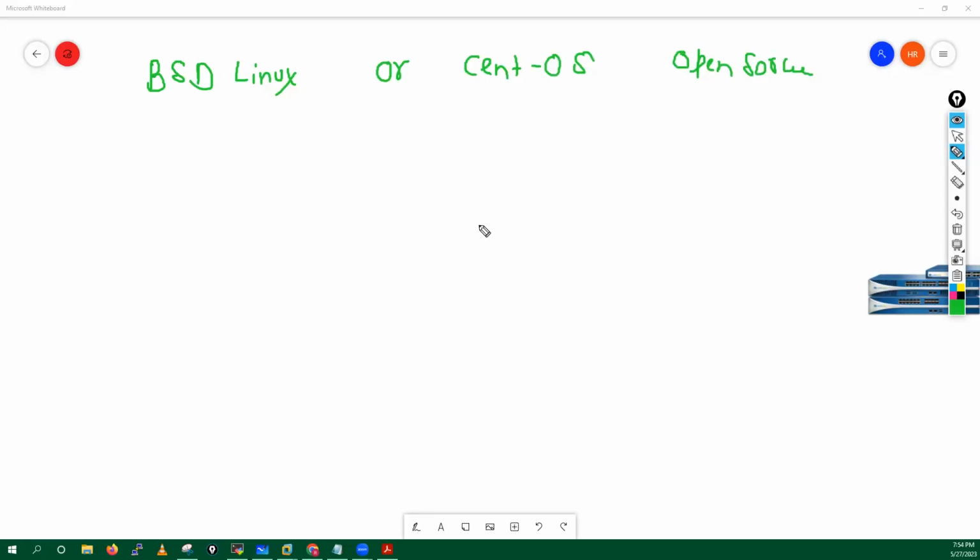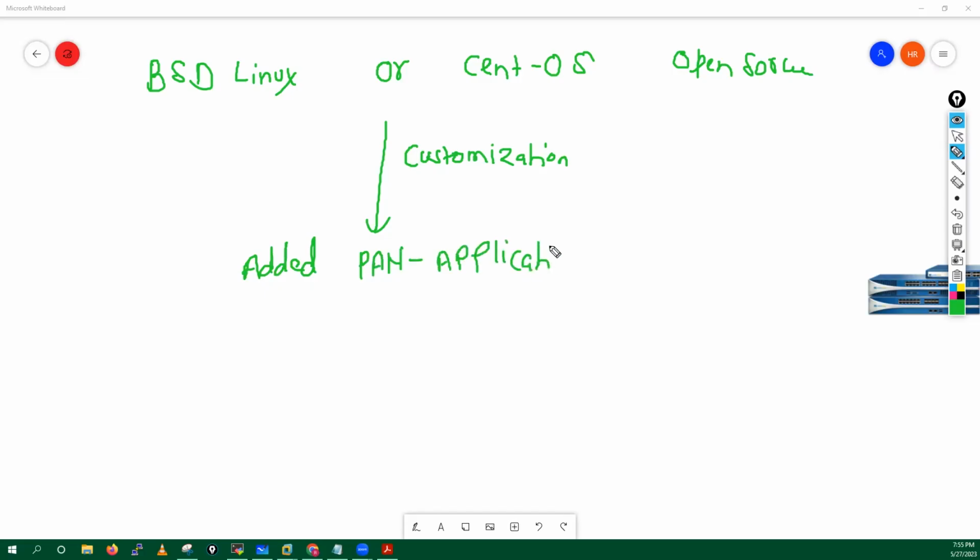So what they did on these Linux operating systems, they did some customization, because you know these are open source operating systems. You can change the programming, you can change the actual code of these devices. After doing this customization, they added the PAN application on top of this particular Linux platform,